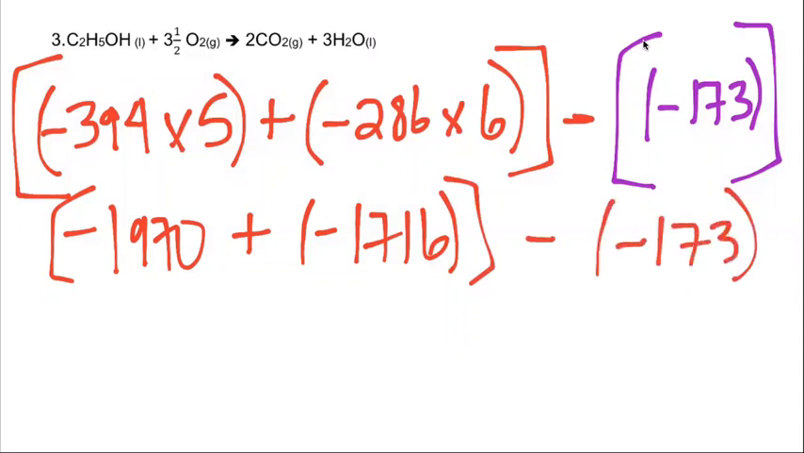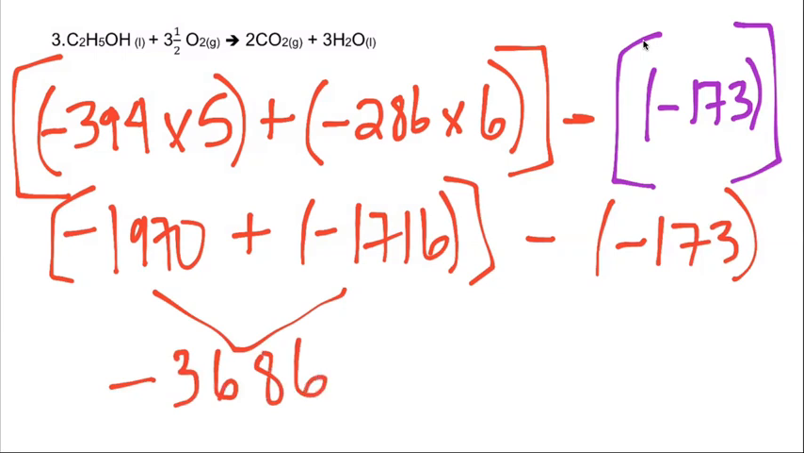Okay. So this is where you've got to be careful of your negative signs, because this is where people have trouble. First off, these I can just add together. They're in those brackets. So I need to get the total for all of my products. So negative 1,970 plus negative 1,716. So I get the total for the products, negative